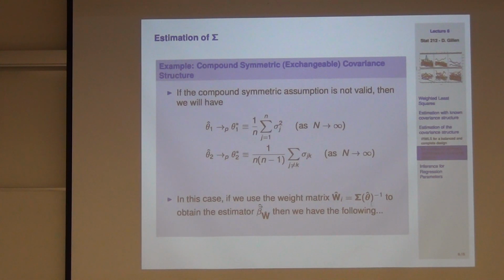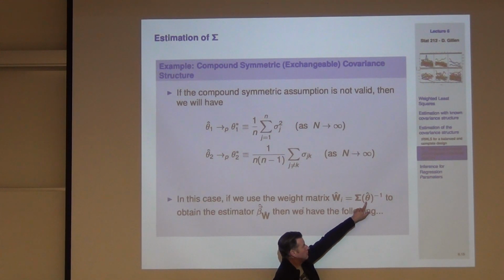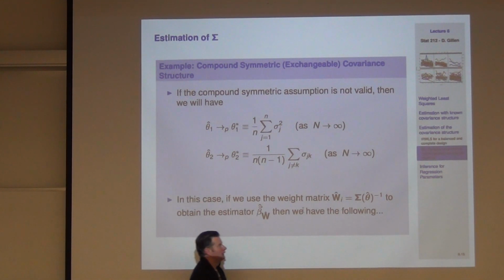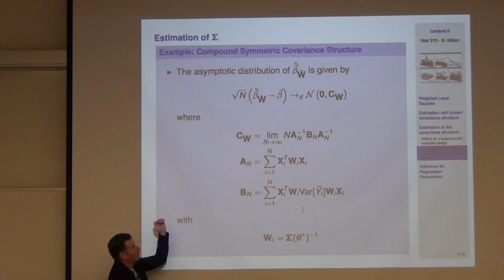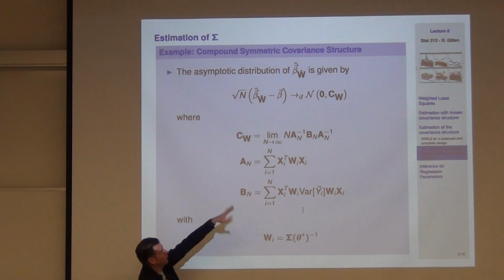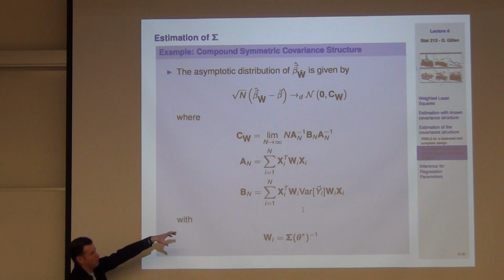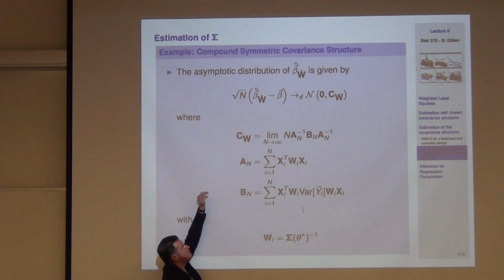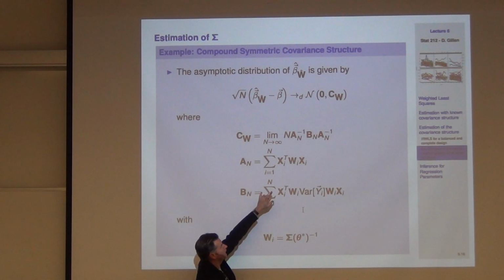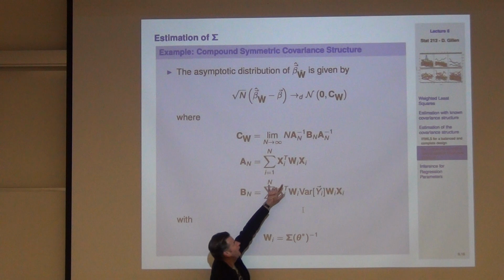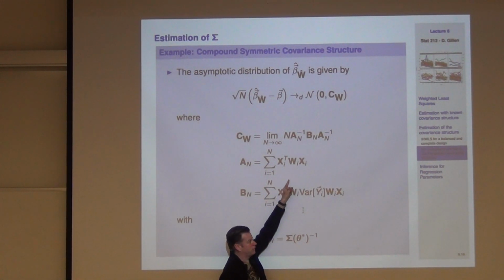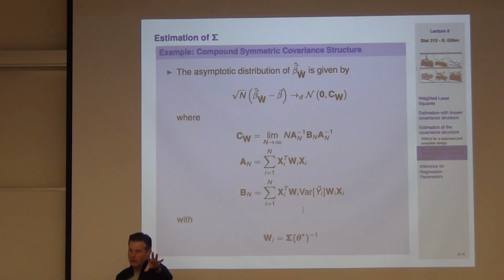So in this case then, if we use a weight matrix where we take our simple moment-based estimators and plug them into sigma, and then we weight by the inverse of that, we're going to get the following at the end of the day for the asymptotic distribution. Everything's still going to converge off to normality. We're going to be centered at beta. That's all great. We've got a consistent estimator. But our variance at the end of the day is going to look something like this sandwich, starting to look familiar, A inverse B A inverse. That's because we were wrong. We get X transpose W_i X_i. The W_i is coming from us assuming that exchangeable correlation matrix. Okay?